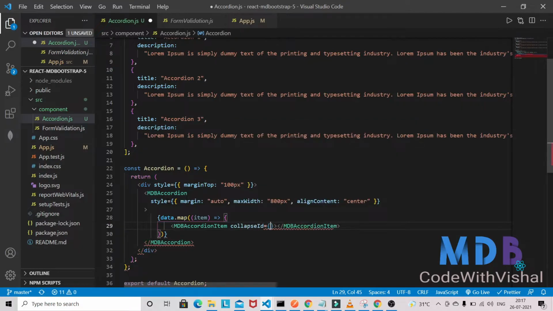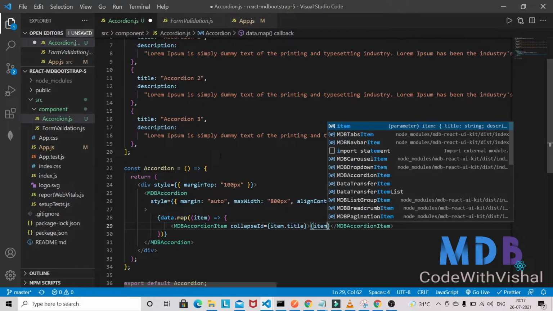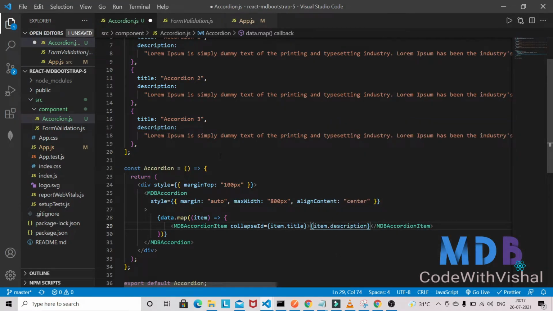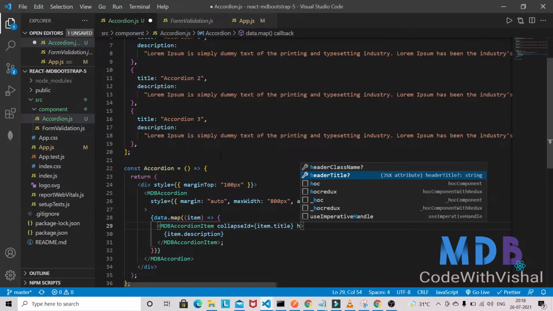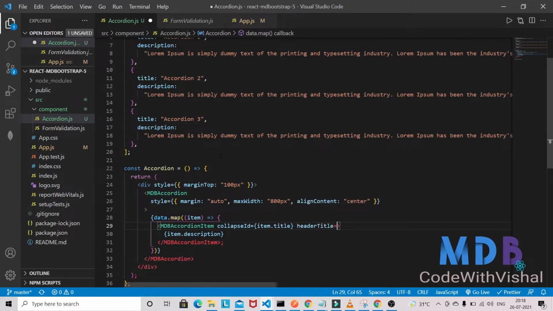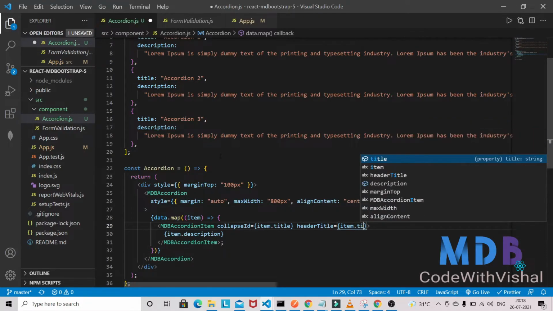So you can give the collapse ID this title, so item dot title, and the description you can give here item dot description. And we also need to give one more prop here, that is header title, and it will be item dot title only.